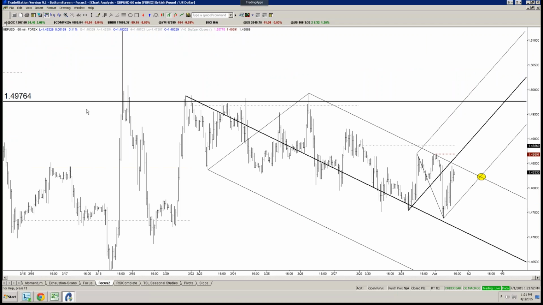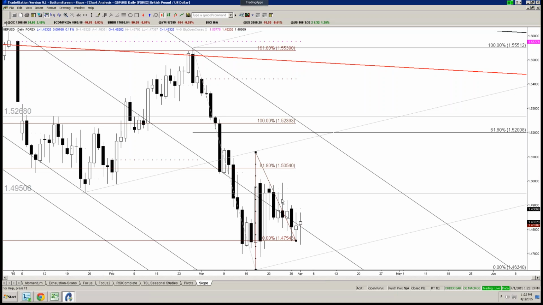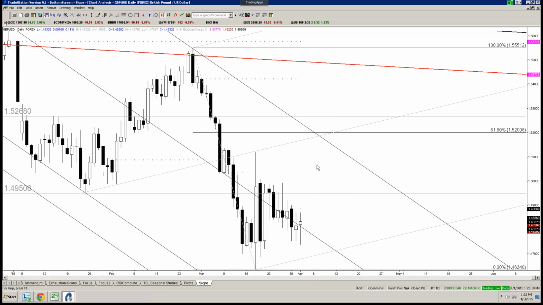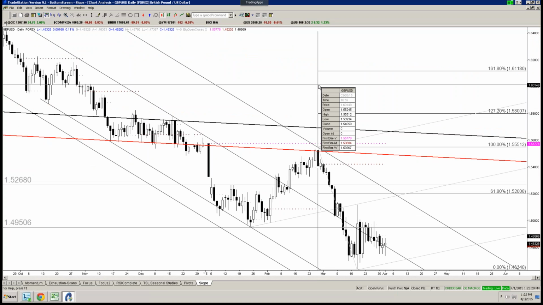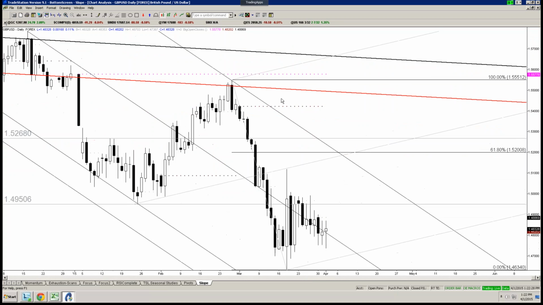Because everyone's really sick and tired of the pound, and they've been screwed by it, and they're like, screw this, I'm giving up on the pound. Well, this is the time to look at it, because now you're going to get a straight line move one way or the other, okay? So when we look at that, let's say it makes two equal legs here. We would go from here to here. That gives you 100% up at 52.40, 52.39. And lo and behold, this is the year's range more or less. 50% of the decline from the February high, which is more or less the year.